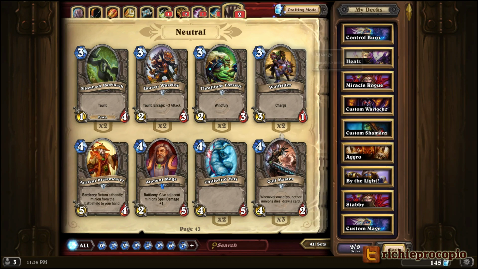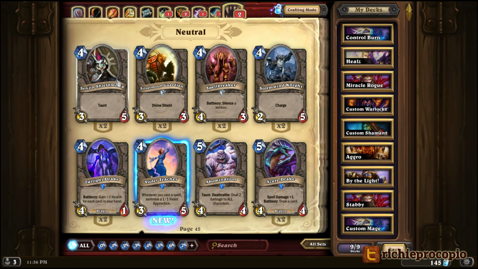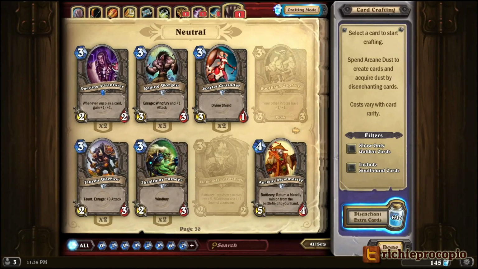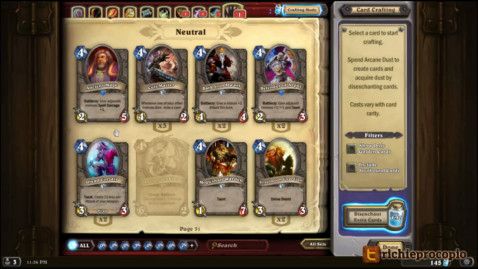And if you look at the other cards that cost 4 mana, you can see the Ancient Brewmaster can actually kill the Yeti, but really none of the other cards can do so in the 4 mana slot. They don't have the ability by themselves to do 5 damage. Now, there's actually a legendary that can do this as well at 4 mana, and that's Leroy Jenkins. But the concept here is that there's not a lot of creatures that are neutral that can take out the